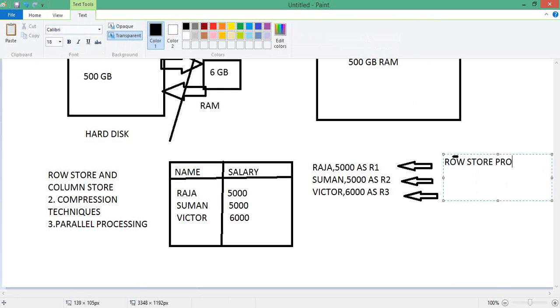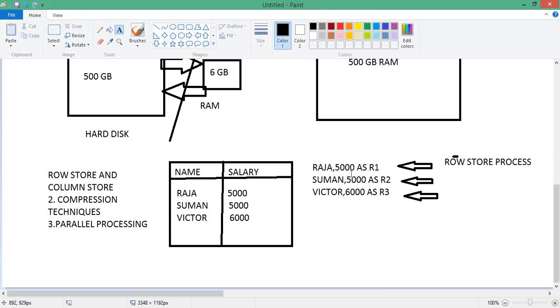In a row store process, the processes P1, P2, P3 each have to go to the individual columns. It has to go to the name column, it has to go to the salary column. Whereas in the column store,